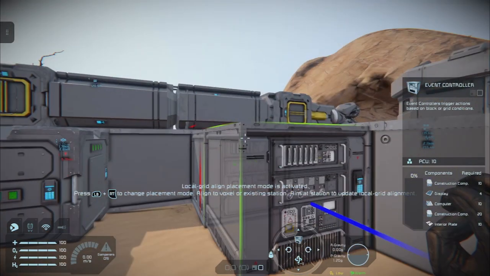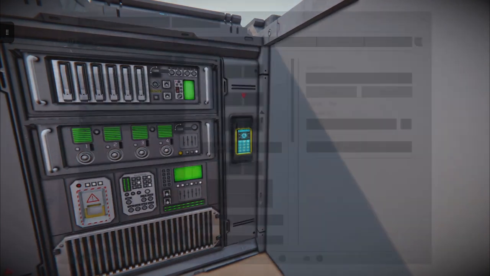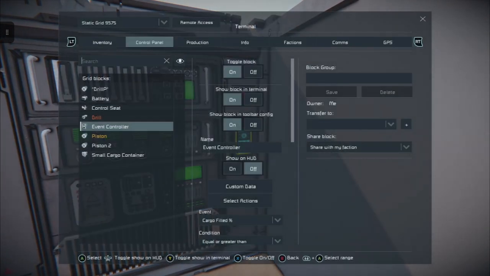I've done several videos on this, but to quickly recap, it can read various states of blocks in the game and act upon them. So in this case, what we want is that when our drill reaches maximum distance, 100%, we trigger several things.